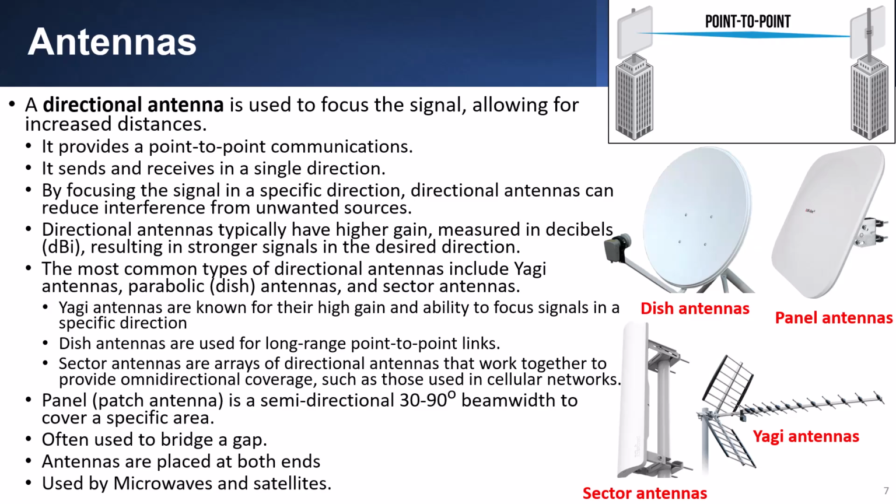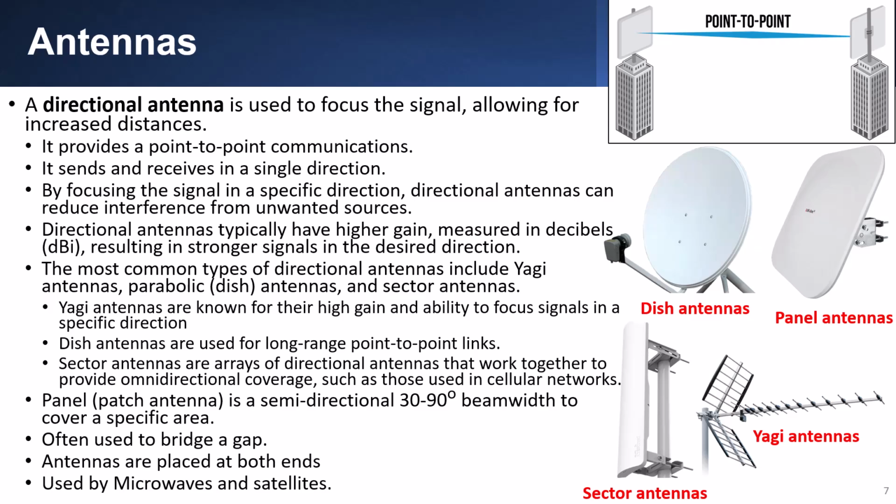The most common types of directional antennas include Yagi antennas, parabolic or dish antennas, and sector antennas. Yagi antennas are known for their high gain and ability to focus signals in a specific direction. Dish antennas are used for long-range point-to-point links. Sector antennas are arrays of directional antennas that work together to provide omnidirectional coverage, such as those used in cellular